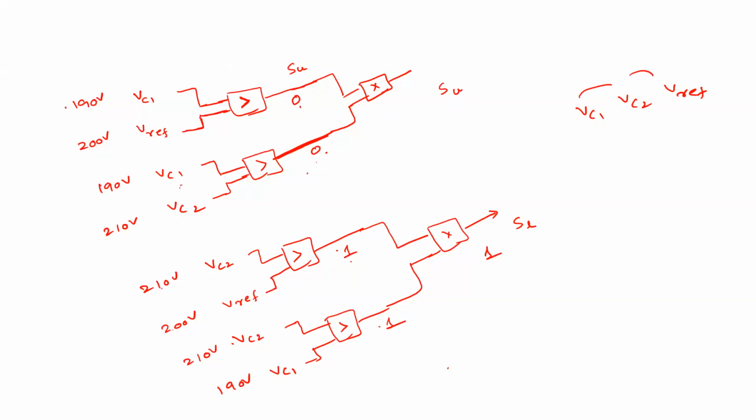So this is how exactly we will control the upper and lower switches, when one of the capacitor voltages or both capacitor voltages cross the V reference point. Okay, so we'll stop here. Do you have any doubts? Anyway, we will